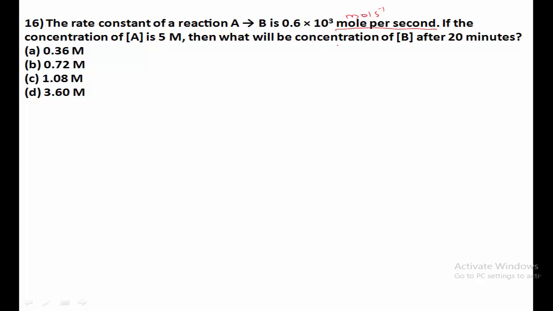This is the unit of which order reaction? Zero order reaction. So that is the unit of zero order reaction. Then the given reaction follows the order 0. So rate is equal to R0 minus R divided by T. This is the equation, or you can also call it as K. K is equal to R0 minus R divided by T.